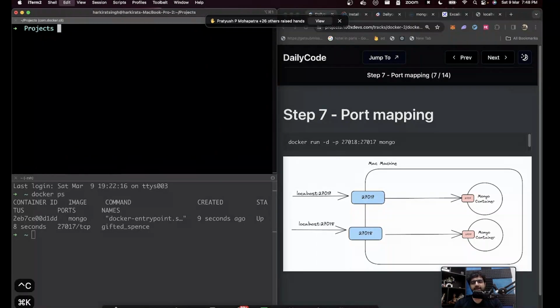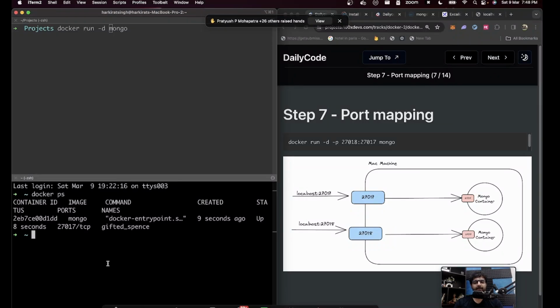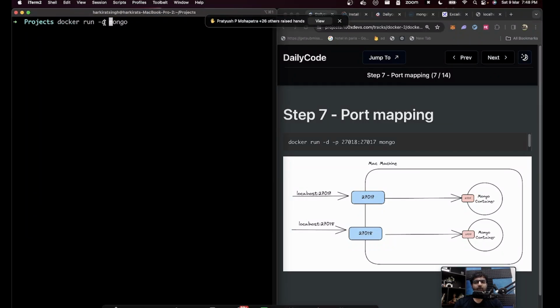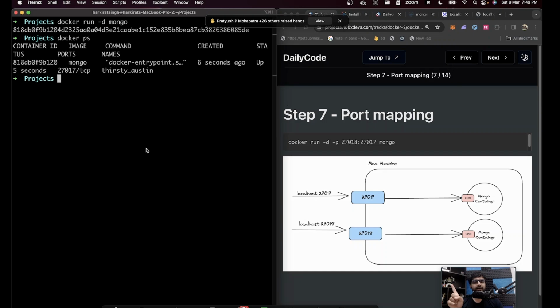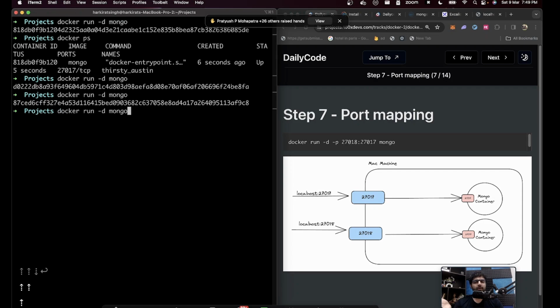Or what you can do is you can run docker run Mongo, but add a -d argument here. It basically means run it in the background, run it in detached mode so that this terminal becomes free. So if you run docker run Mongo with -d, it will start a container in the background. And now you can run docker ps in the same terminal and see you have one Docker container running locally. Harkirat, how do I start 3? Just run the command again. If you run it 3 times, you will have 3 Mongo containers running locally.